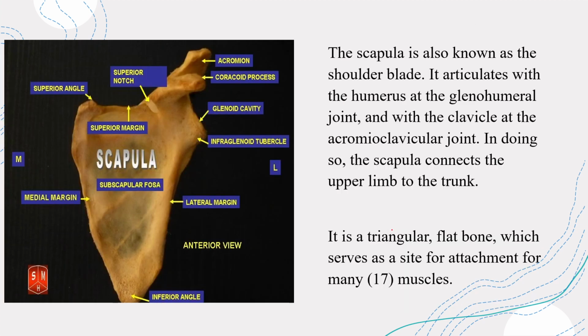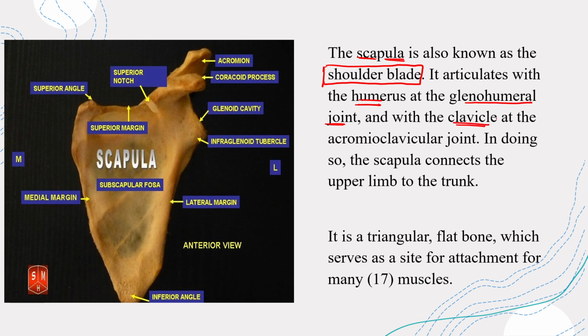So let's see what is the important information related to scapula. Scapula is also known as shoulder blade. This is your shoulder blade. In normal language, sometimes we say the shoulder blade, right? So this is scapula and it articulates with the humerus. Humerus is your long bone present in your hand. So it articulates with the humerus with the help of the glenohumeral joint,